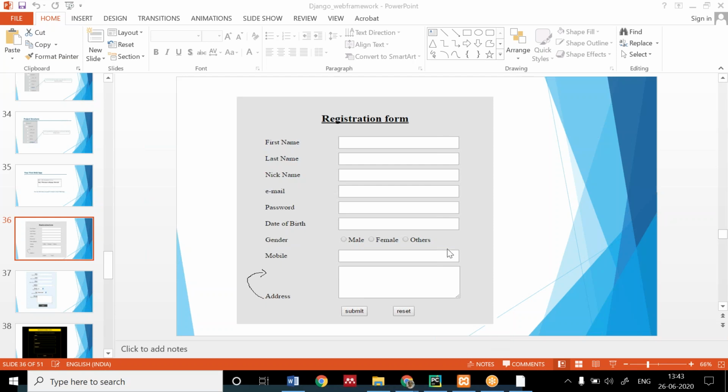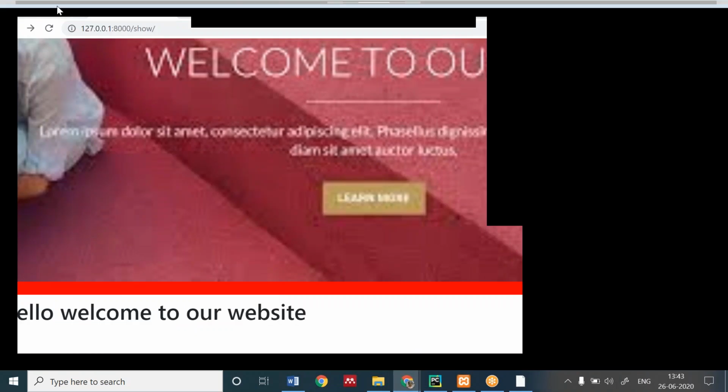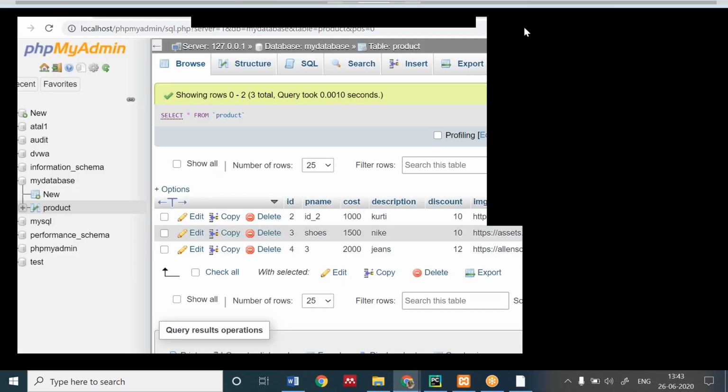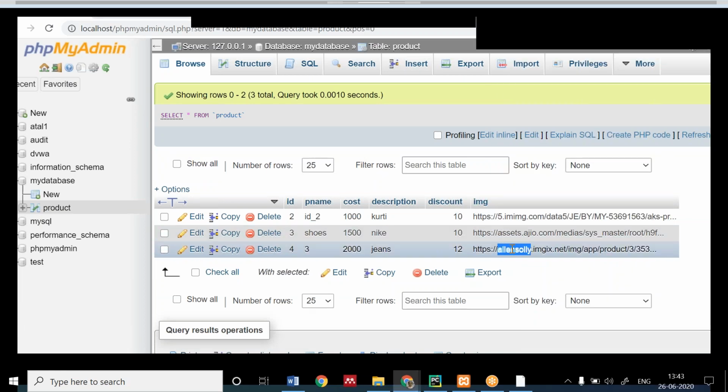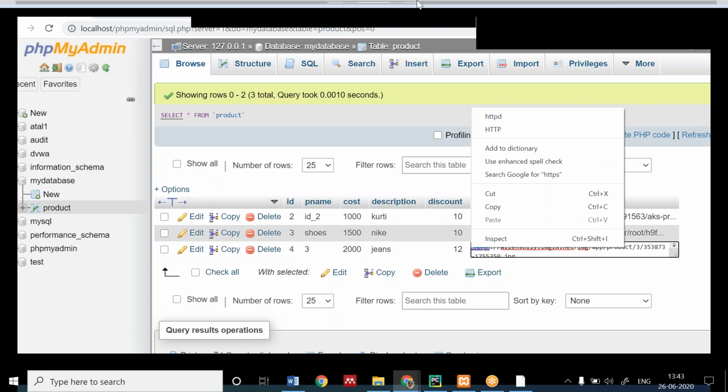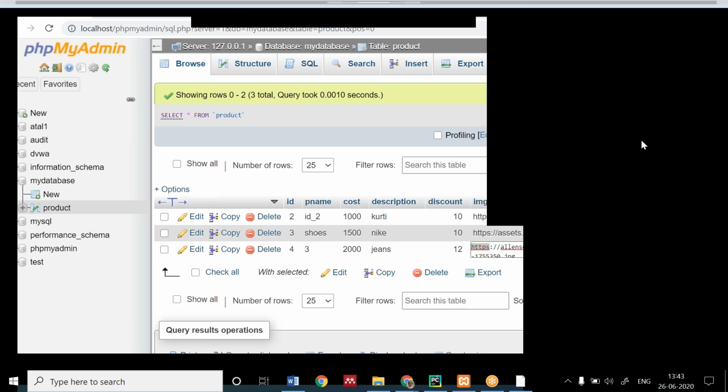Can you send one of the images that we have saved in the database, Shivam? Can I have the value? What you have to do is simply go here and double click it, copy it and send me. Shivam, fast. So I am able to see what image you are saving and why it's not working.